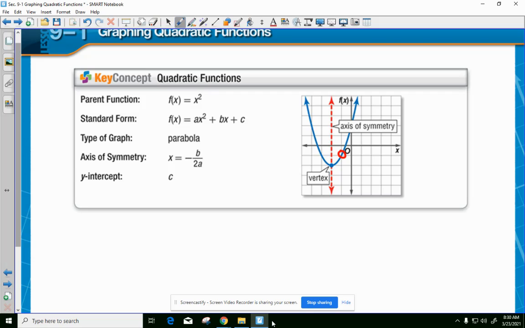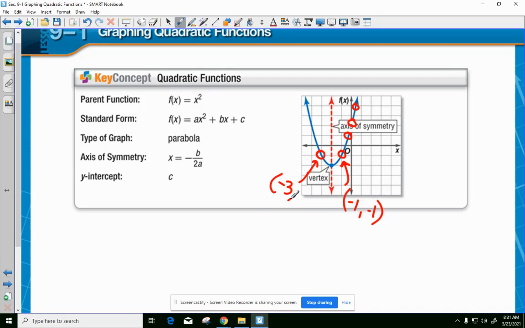Do you understand where I'm going with that? No? Okay. This red dotted line creates symmetry. It creates a reflection from one side to the other. Anything that I know on this side of the line to the left has to be mirrored on the right side of the line as well. Meaning, if I know this ordered pair right there, then it is 1 unit away from the line of symmetry. That means there has to be one on the other side of the line of symmetry that matches it as well. Okay? So if the ordered pair on the left side is -1 and -1, then this one over here